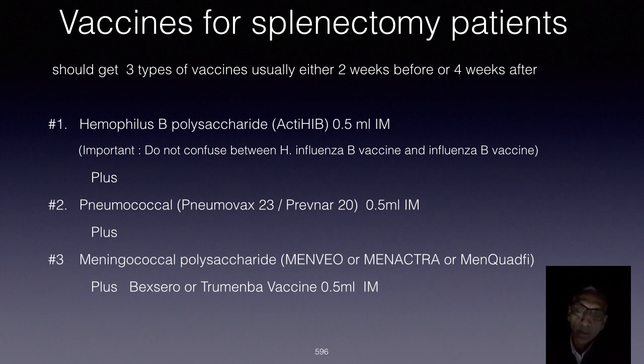And the third series of vaccine we give is for the two different subtypes of meningococcal vaccine, Menveo or MenQuadfi plus Bexsero or Trumenba. The brand names are a little tricky to pronounce. You need to give both subtypes of meningococcal vaccine, that is meningococcal